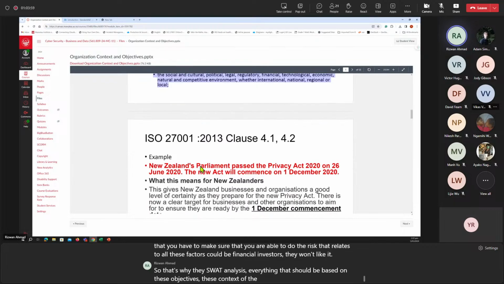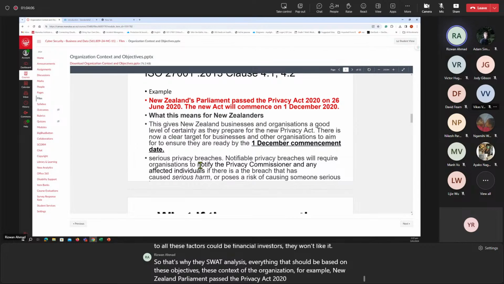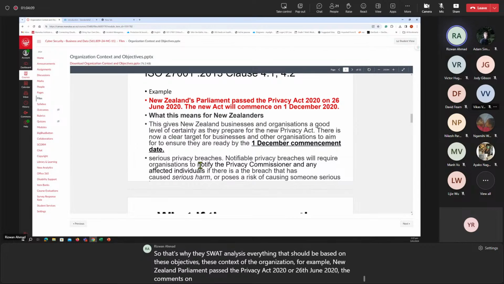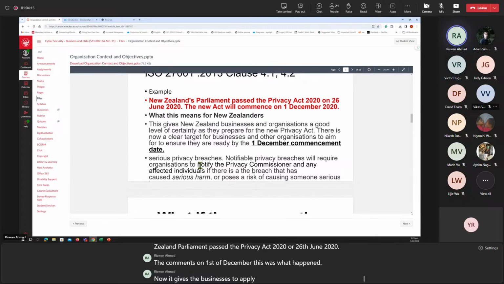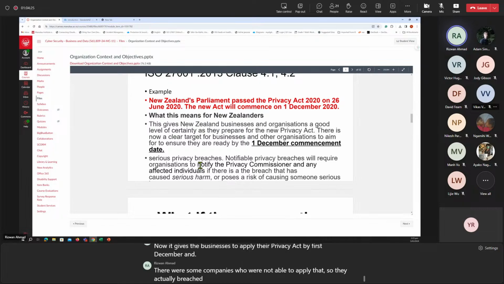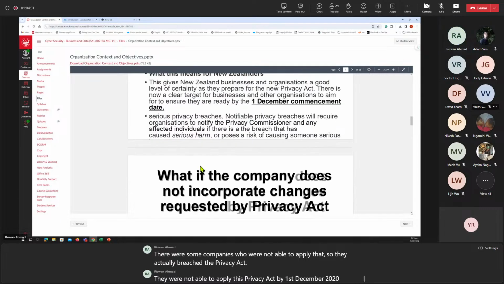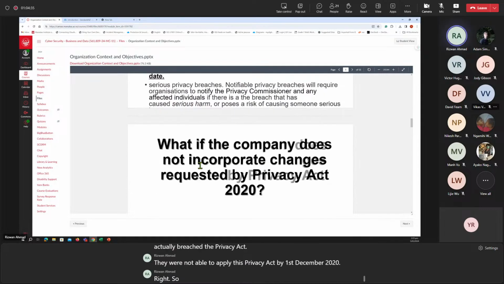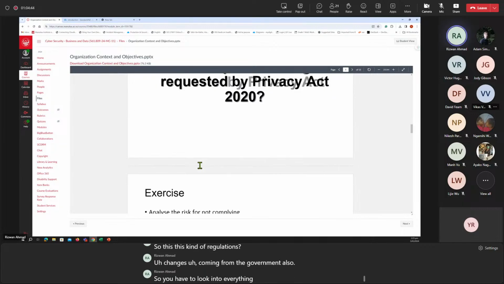these context of the organization. For example, the New Zealand Parliament passed the Privacy Act 2020 on 26 June 2020. The new act commenced on 1st of December. This is what happened. It gave businesses until 1st December to apply that Privacy Act, and there were some companies who were not able to apply it. So they actually breached the Privacy Act. They were not able to apply this Privacy Act by 1st December 2020. Right? So these kinds of regulation changes come from the government also. So you have to look into everything that could